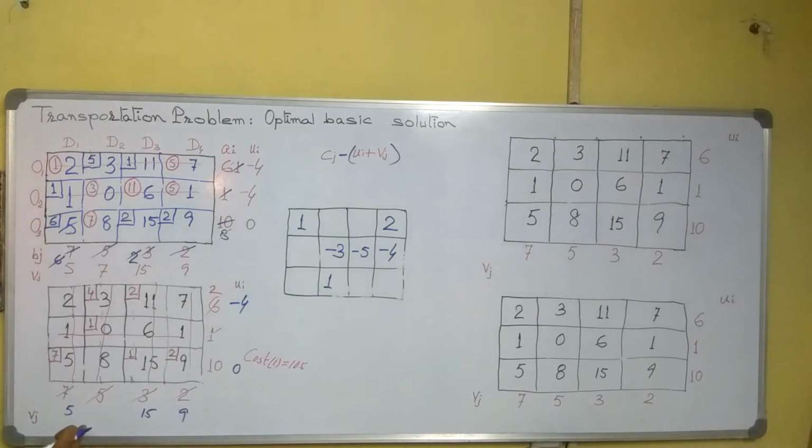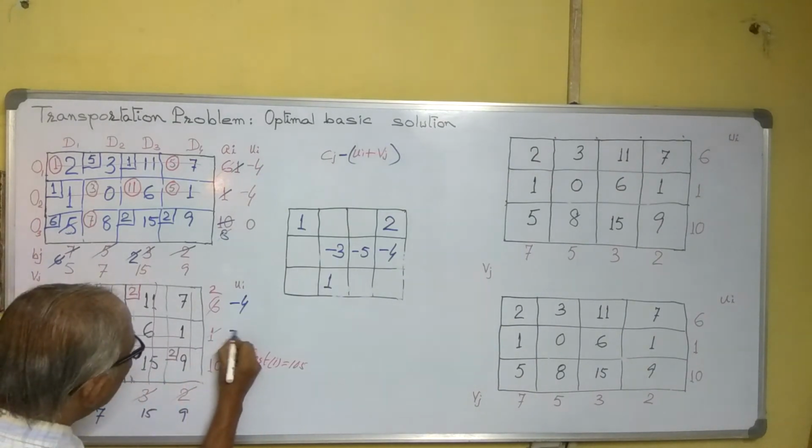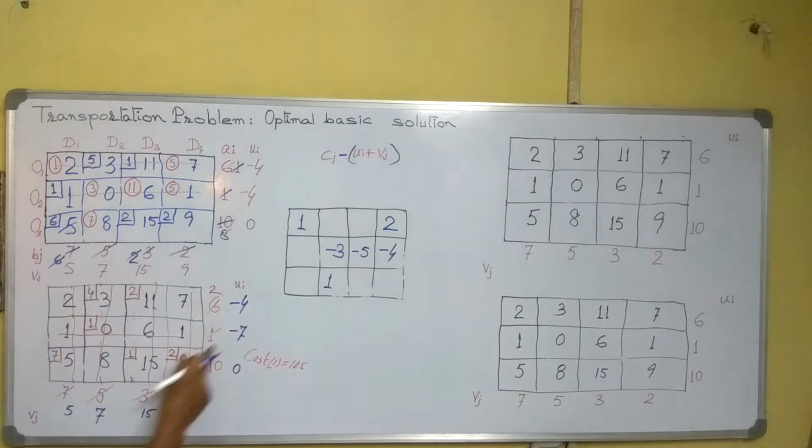Now this one, which one is there? Here it is 1 and minus 4 is here. This one is done. This one minus 4, here is 3. So 7 minus 4 is 3. So this is complete. Here it is left. Here 1 is there, a 0 is there, so it will be minus 7. 7 minus 7 will be 0. So in this way we can complete it. So this is Ui and Vj are completed.